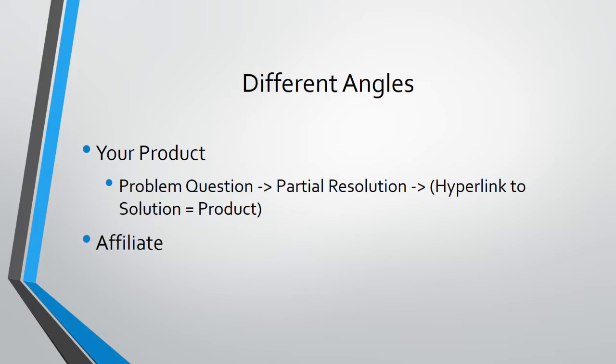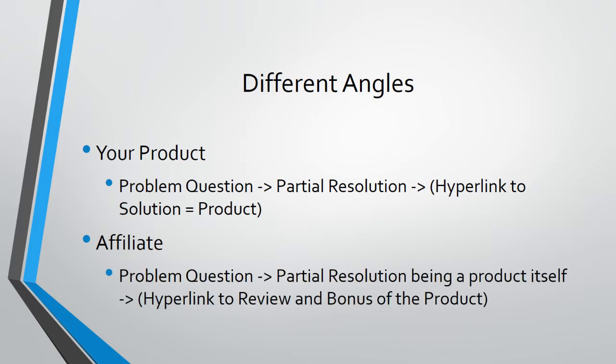All right. Now, if you chose the affiliate route in the previous video, then it's going to be slightly different because you're selling somebody else's product. You're not really selling your own product. Now, what I find with product and affiliate marketing is they both start out with problem questions. Some sort of question that engages the audience. And then, of course, like I said earlier, you can ask other questions along the way. And then, of course, we have problem question, partial resolution, and then you can ask questions and then provide content.